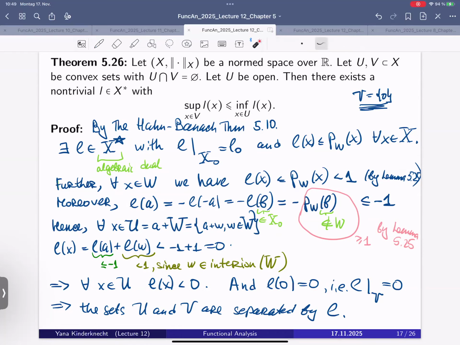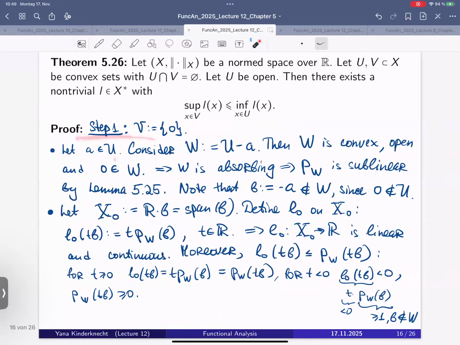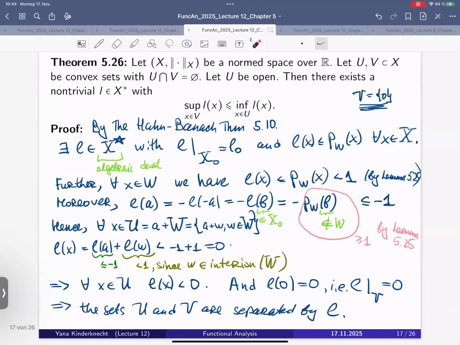But this is not everything, because we want to show that my L is not just a linear functional, but also continuous. It belongs to this space, not only to this space. So it's the next step within this setting. But I need the next slide. So may I go to the next slide?